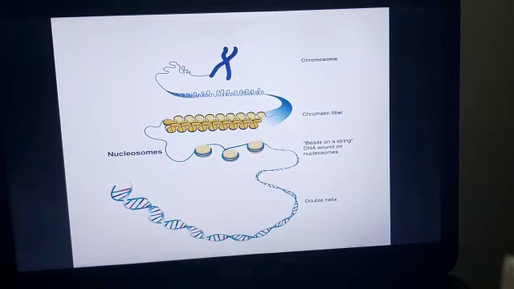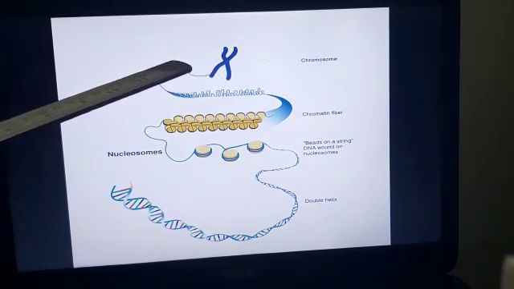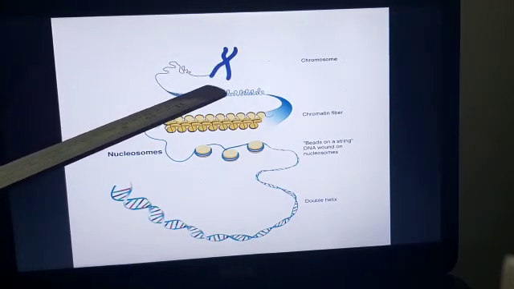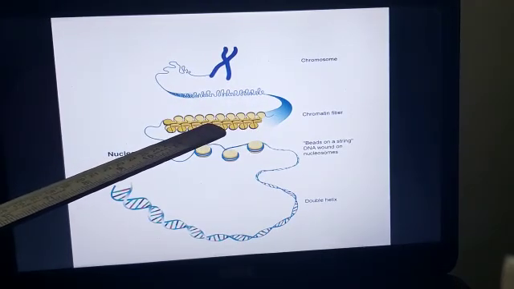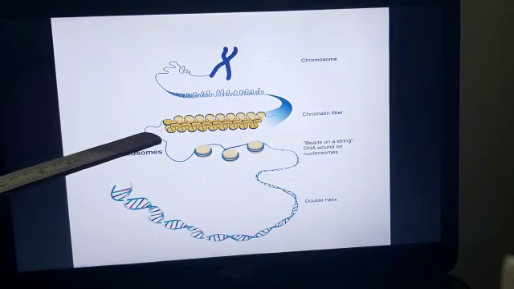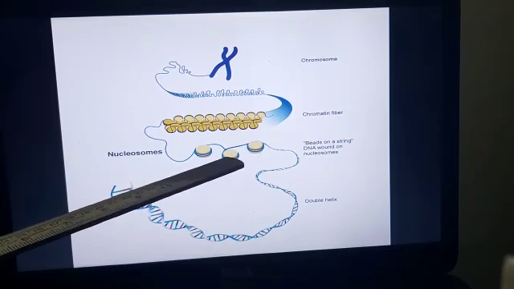So once again, all of you please look into this diagram. In this diagram, you will see here the chromosome. When you unwind the chromosome and take out the threads in the chromosome, these chromosomes contain long thread-like structures called chromatin. This chromatin material is present at various places. The histone protein is present and the structure is called a nucleosome.